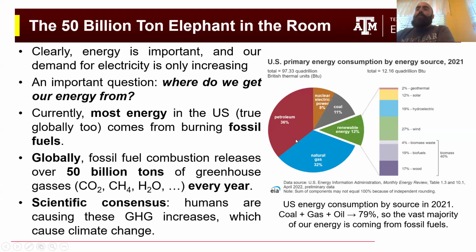As you can see, most of this pie, 32 plus 36 plus 11%, is coming from burning fossil fuels, which contributes to climate change. If you look at globally how much fossil fuel consumption releases into the atmosphere, it releases 50 billion tons of greenhouse gases every year. 50 billion tons of carbon dioxide, of methane, of water, which is also a greenhouse gas. These are all being dumped right into the atmosphere every year to the tune of 50 billion tons,